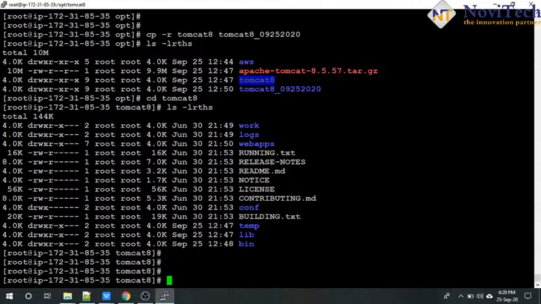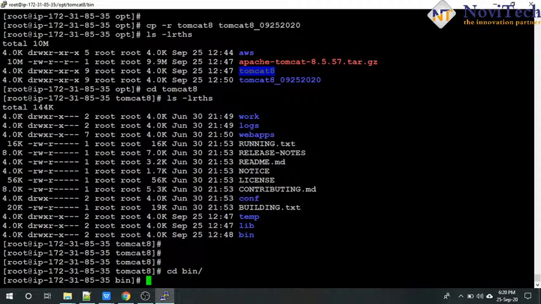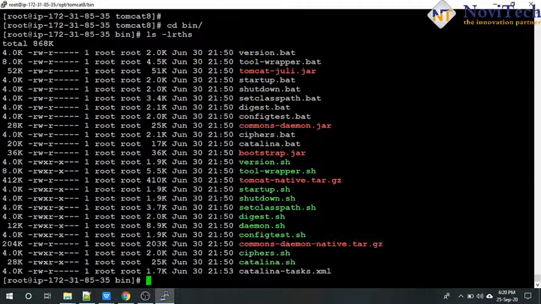help of the startup.sh command. Okay, so let me start my Tomcat. The file is located under the bin directory. So this is the file structure which we have. This is the startup.sh. So better you start it with nohup